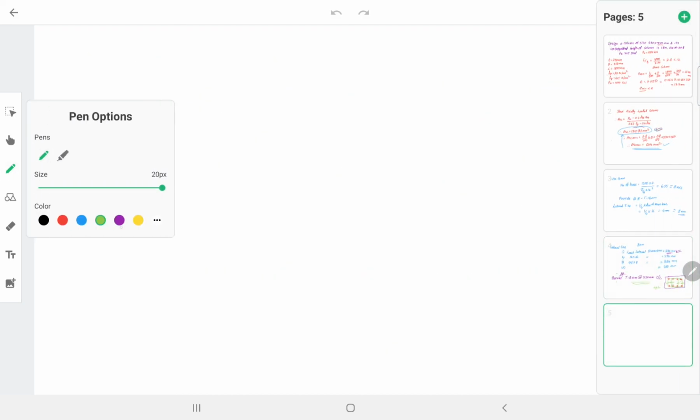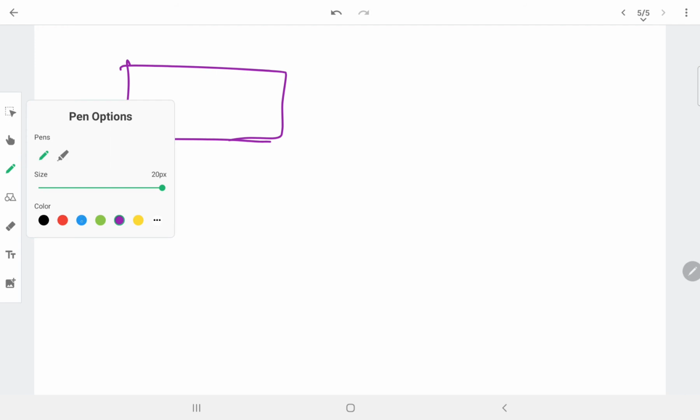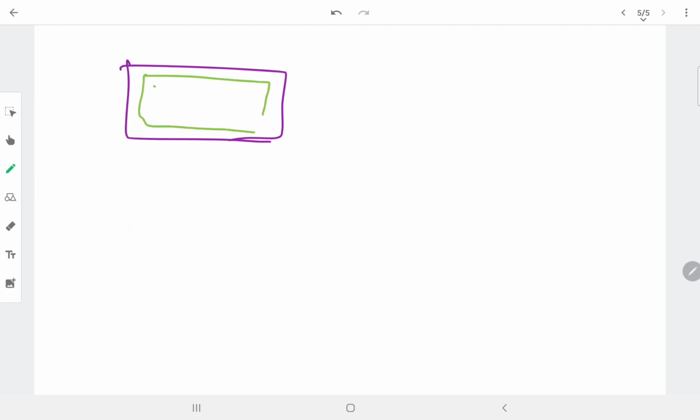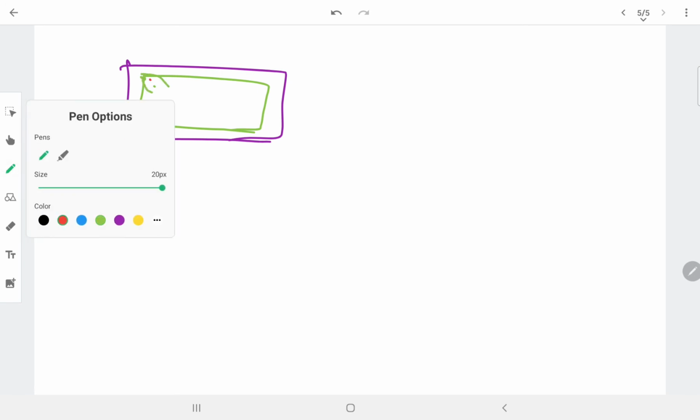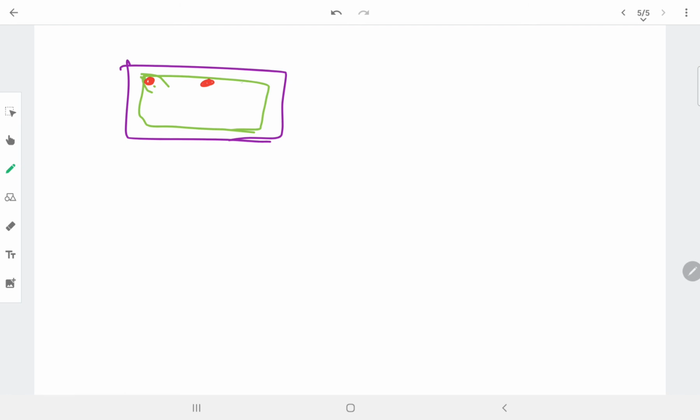For example, here the column is there, there is a stirrup, here we have provided the reinforcement, 6 bars we have provided. Here in this case I'll be using the link for these.